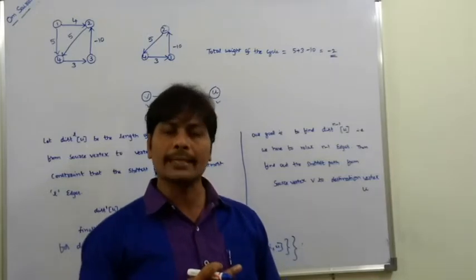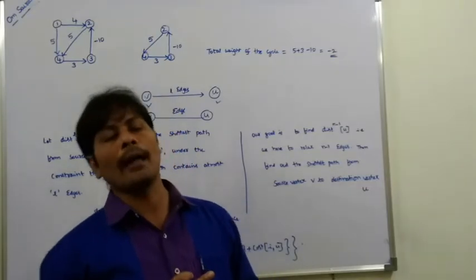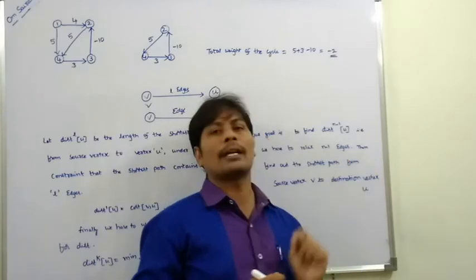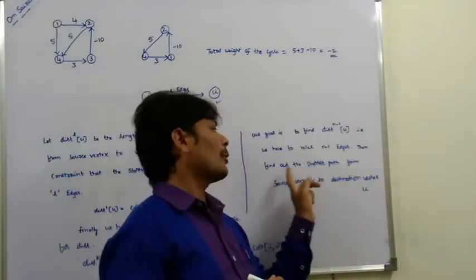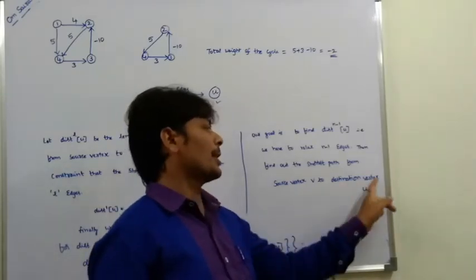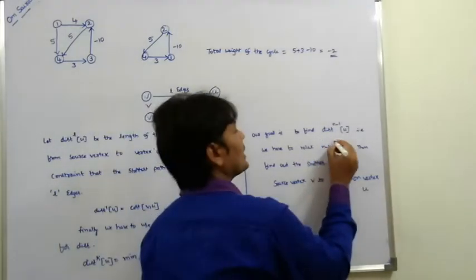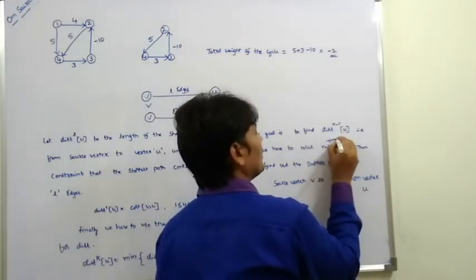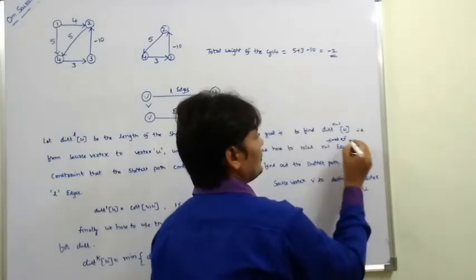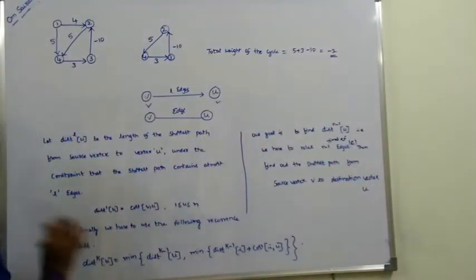We have to relax all the edges in the given graph n minus 1 times. Then we can find the shortest path from the source vertex V to the destination vertex U. That is n minus 1 times the number of edges, mod E. Finally, the formula is